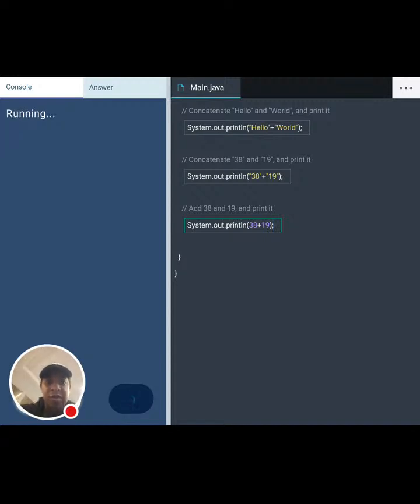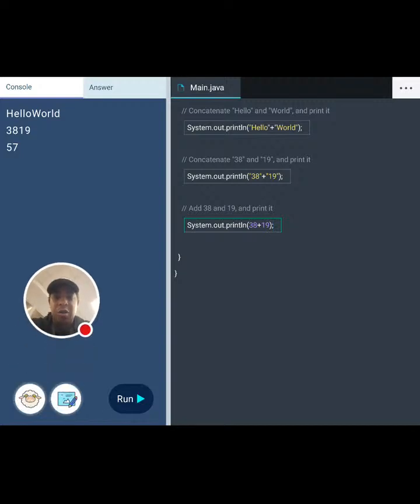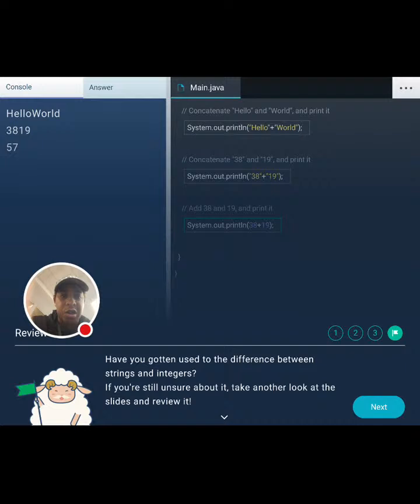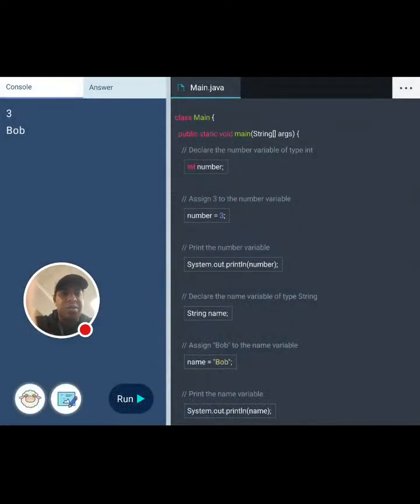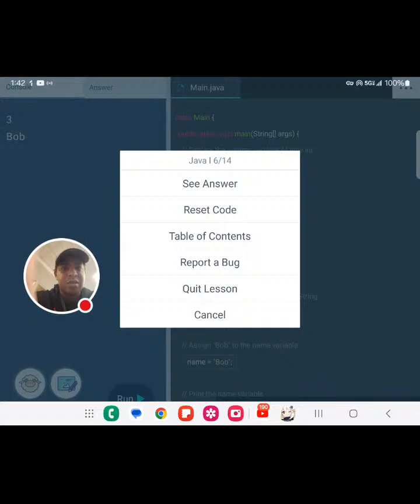So I had to run again. I actually clicked it off by accident. So if you click it off by accident, you just hit run again. It runs it. Oh, my fault. No, you have to click the sheep. So click the sheep, hit next. And usually it gives you points and data, but I'd have to reset it and do it all over again, which I haven't done. So actually, let me see how I actually do that.